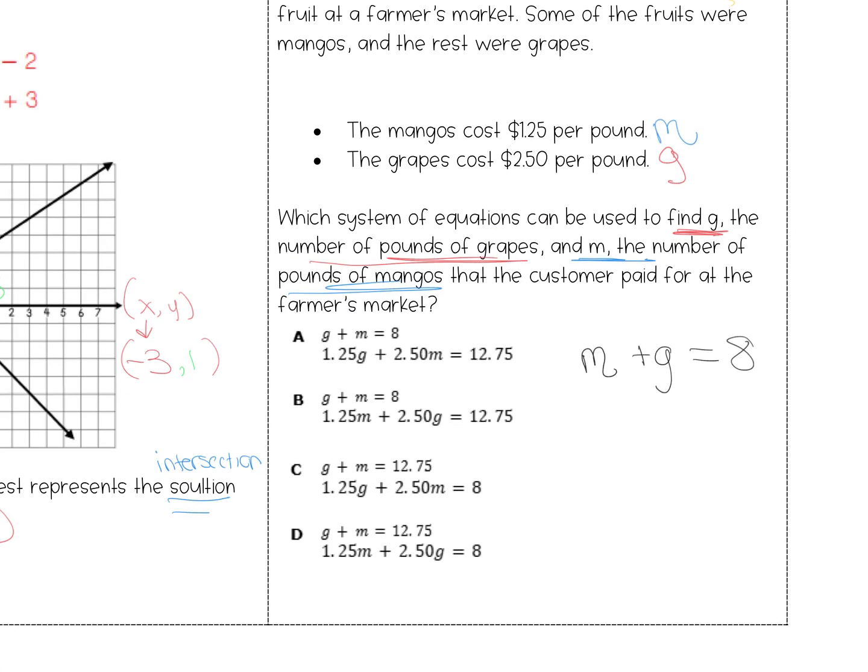So we look at our answer choices. This one and this one don't have that equation. So C's gone and D's are gone. If I want to write my other equation,